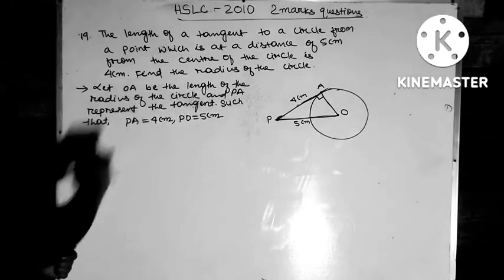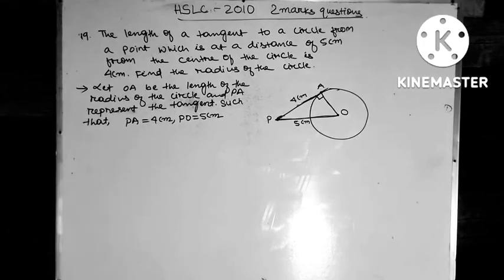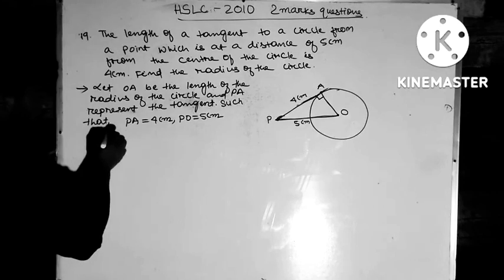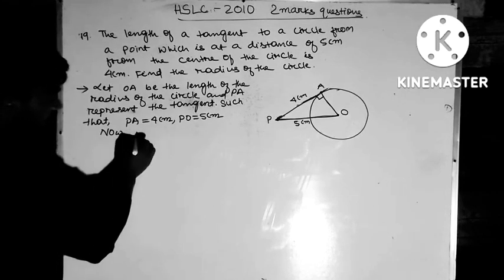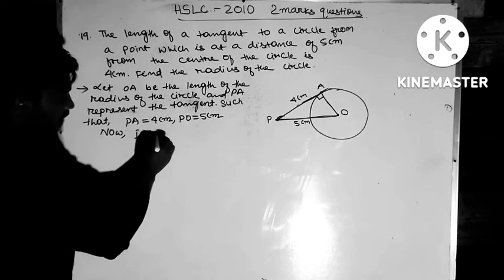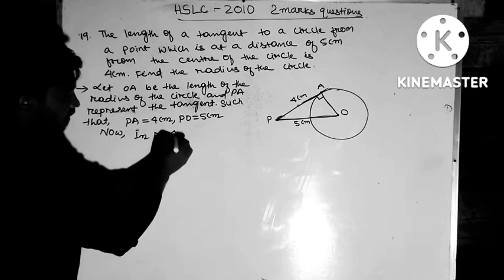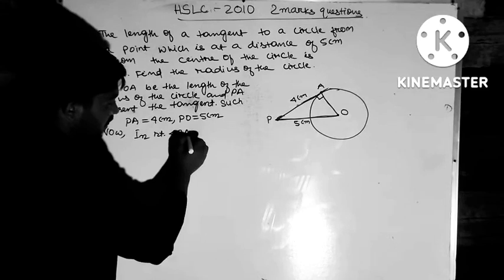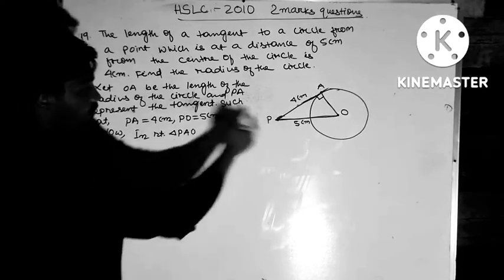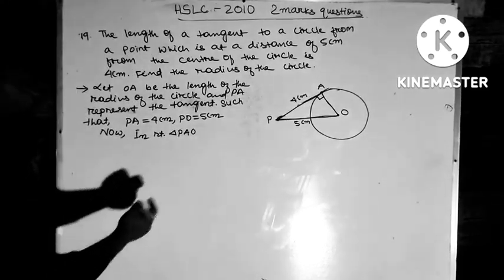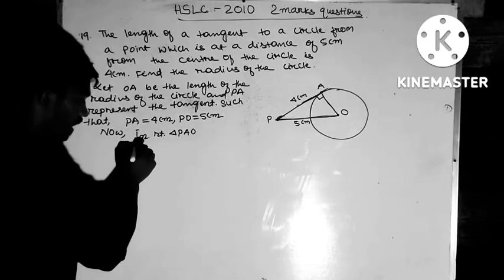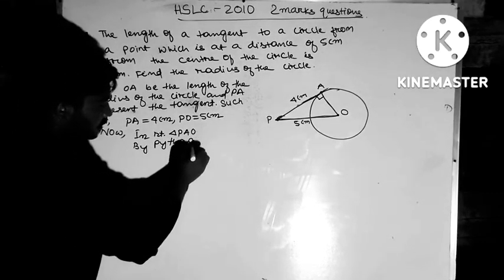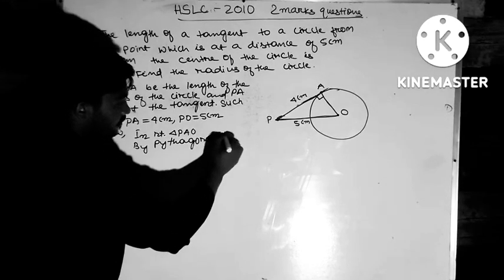So we can apply the Pythagoras theorem in this problem. In right triangle, where is your right angle? At A. So in right triangle PAO, right angled at A, by Pythagoras theorem,